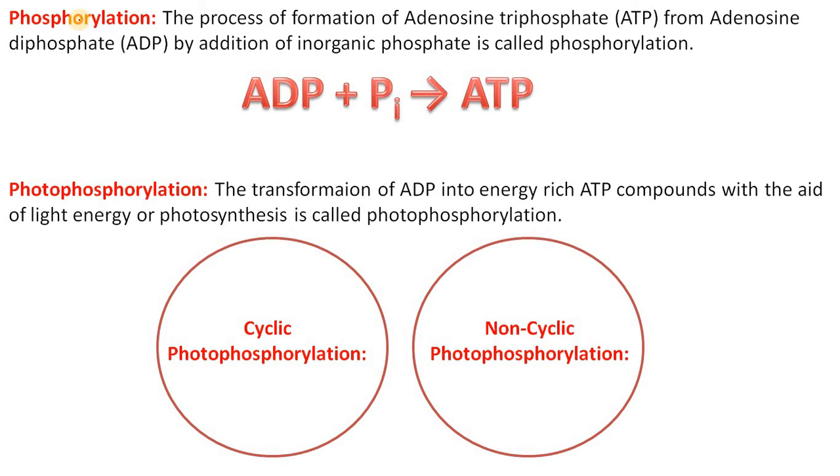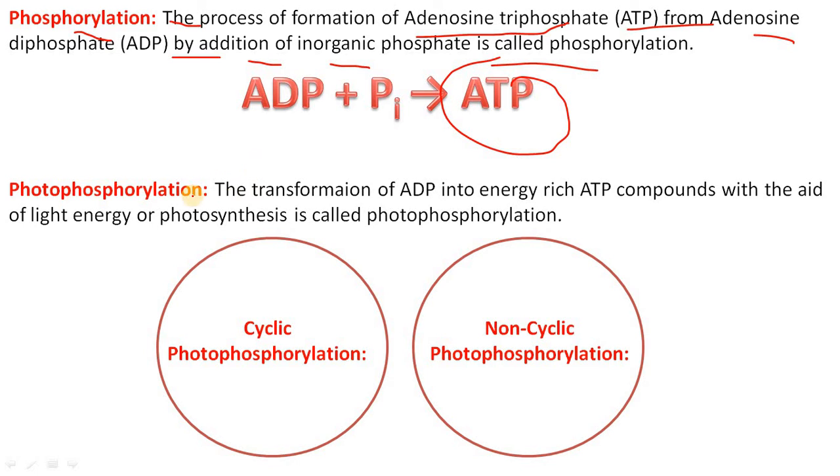You need to know the following two most important terms, which will be very useful in this chapter. Phosphorylation is the process of formation of adenosine triphosphate, ATP, from adenosine diphosphate by the addition of inorganic phosphate. In 1954, Arnon et al. showed that the production of the energy-rich phosphate compound ATP in the presence of light could be caused by isolated chloroplasts. This phenomenon was considered to be